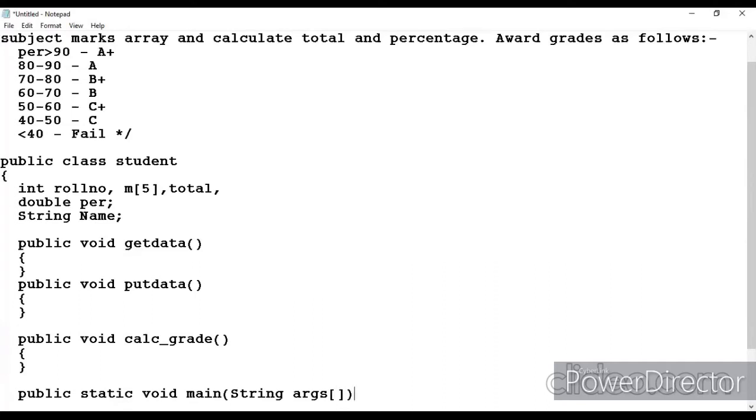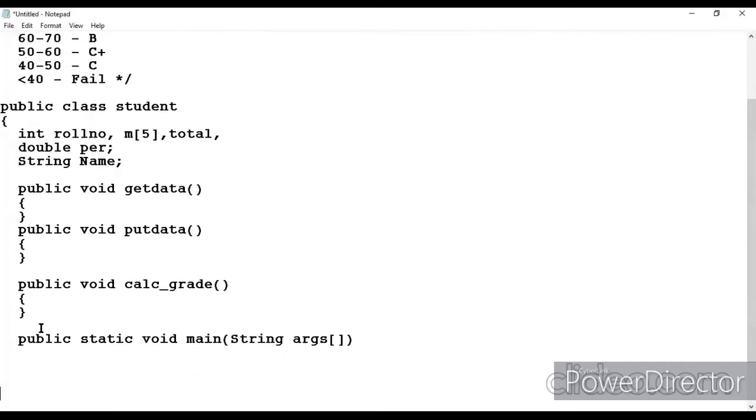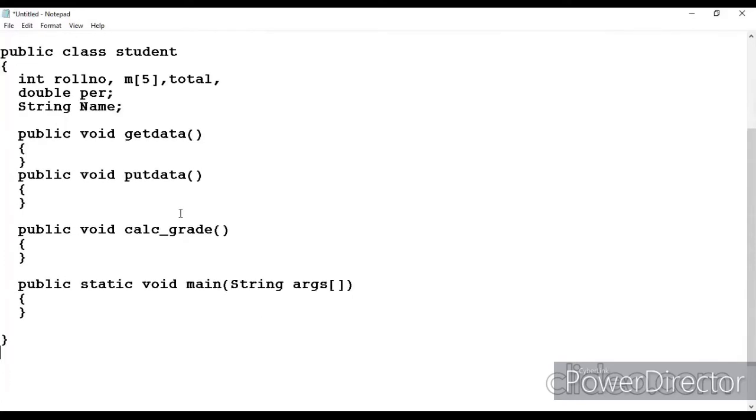I'm just creating this blueprint first so that I remember what I have to do. Curly braces start, this is for public static void main, and then the class is over. So this is my class blueprint.